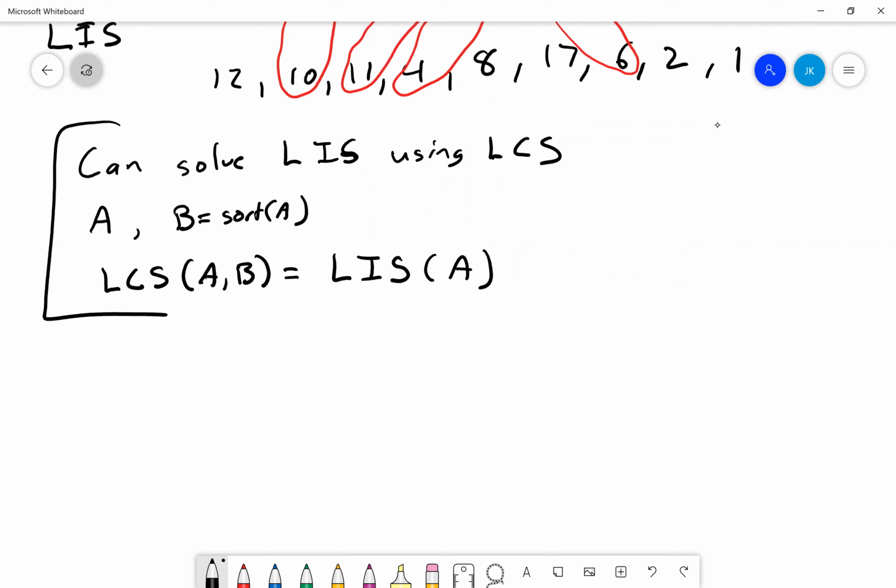It gets quite a bit more complicated if they're not. But this one's a little bit trickier to figure out. So if we have LCS, and we're wanting to find the longest common subsequence between two different series, what we